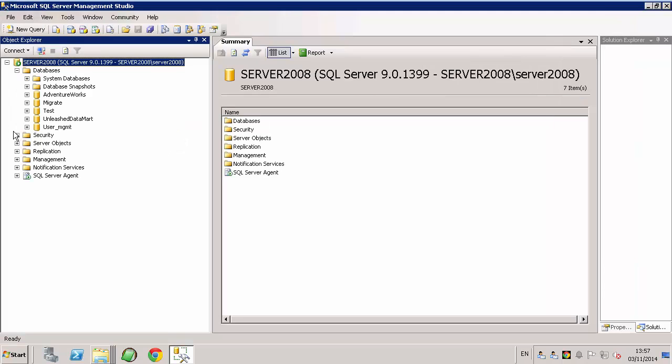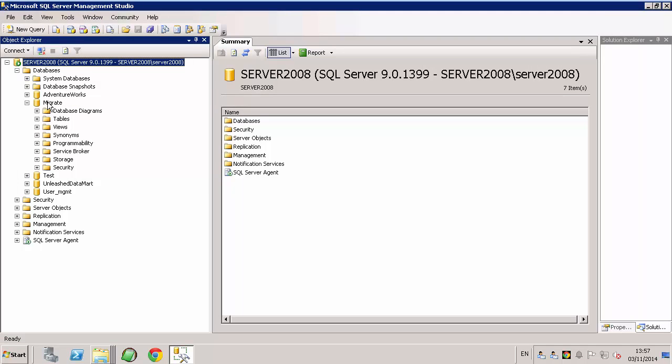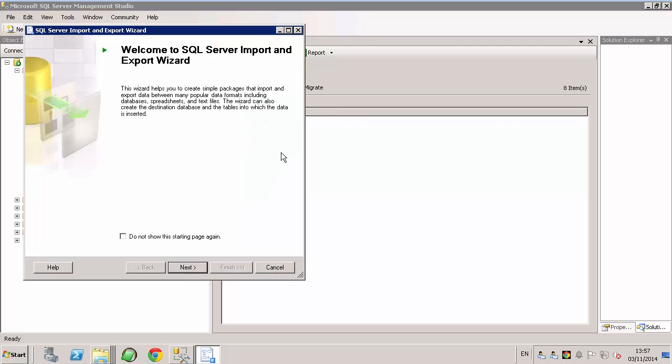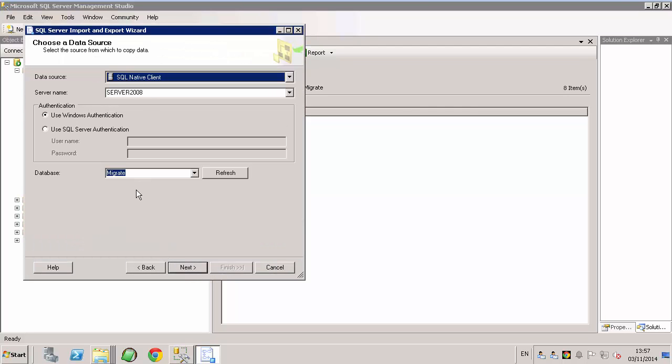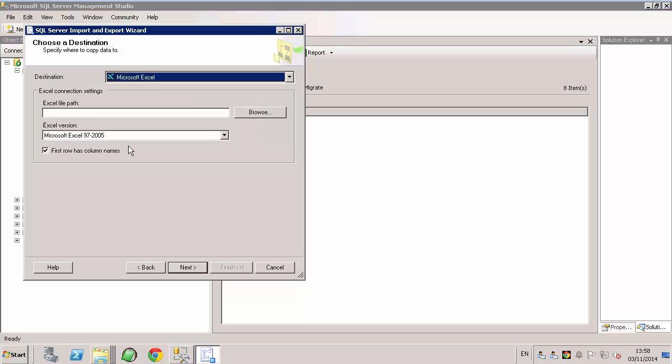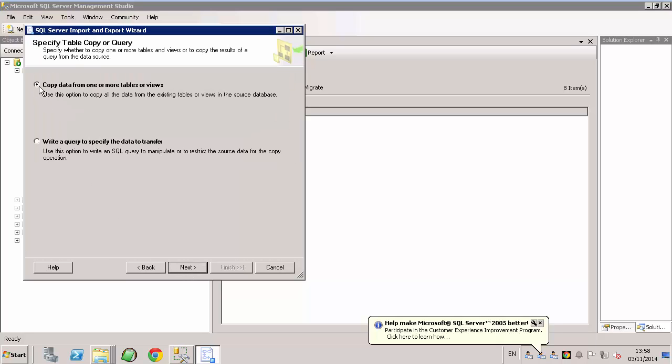I'm going to choose a database, migrate, and I'm going to export from tasks, export. And we're going to export to Excel. And I'm going to choose the path. That's 3.XLS. Choose next, and